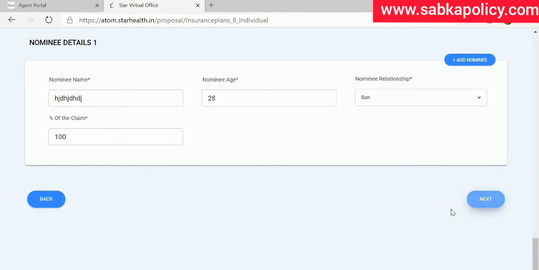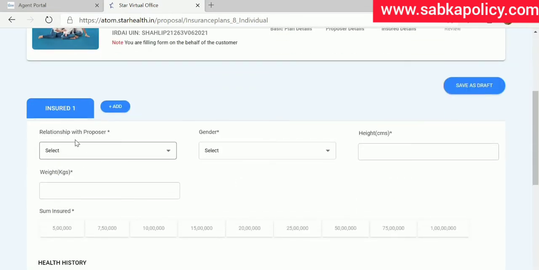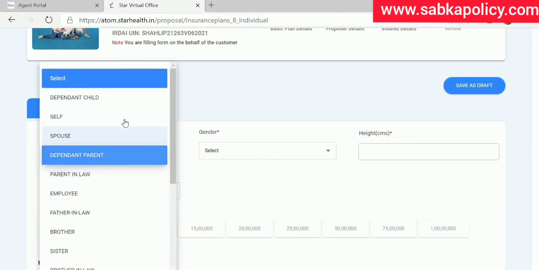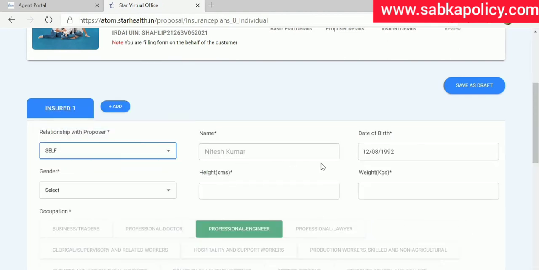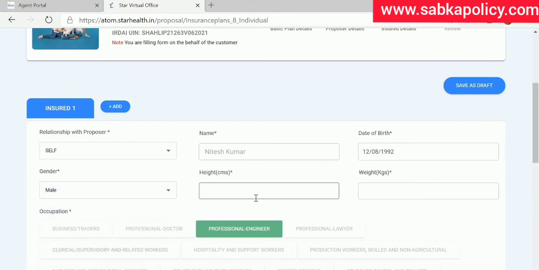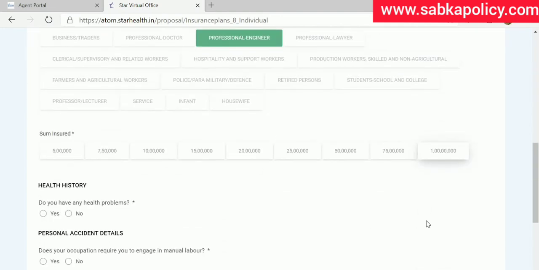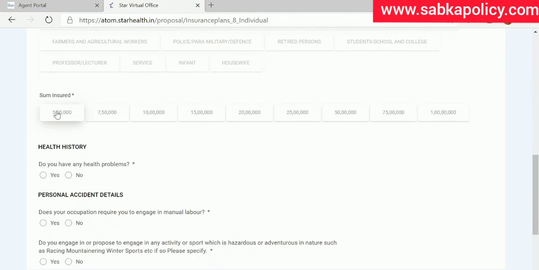Let us click next. So once you click the next, you have an option of relationship with the proposer. So here I will select self, and the name, date of birth, gender male, height I have to put in centimeters, then weight, whatever the weight we have, you have to put that, or whatever the customer weight is, you have to put that information. And then sum insured, what is the sum insured you are looking for? If it is 5 lakh, you can select 5 lakh, 10 lakh, whatever the